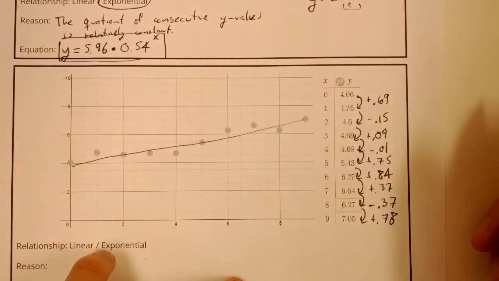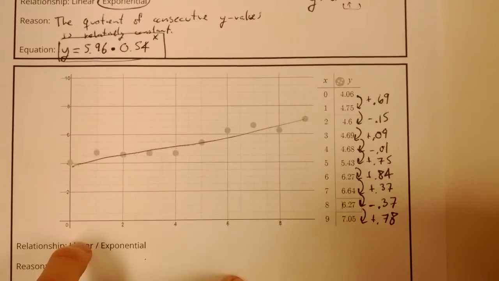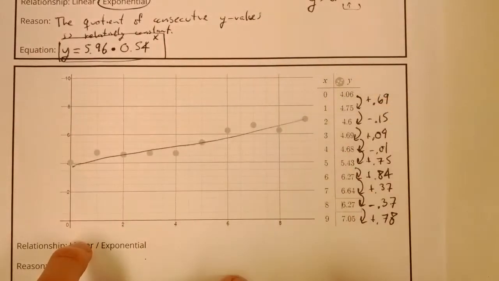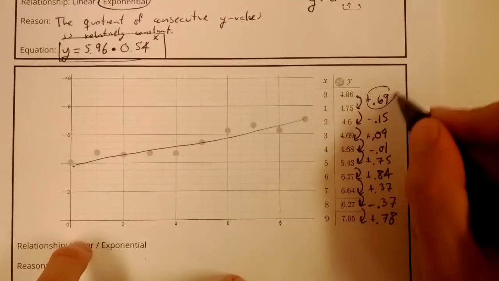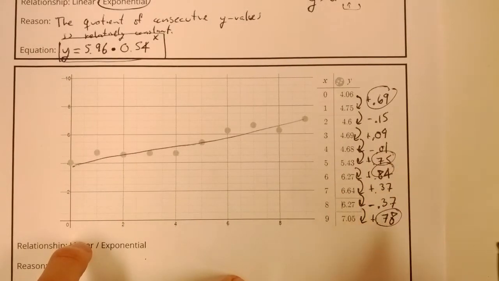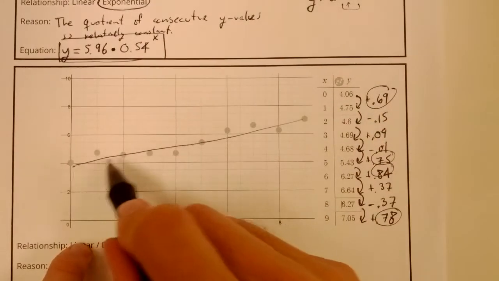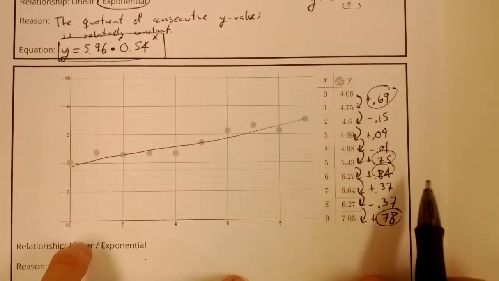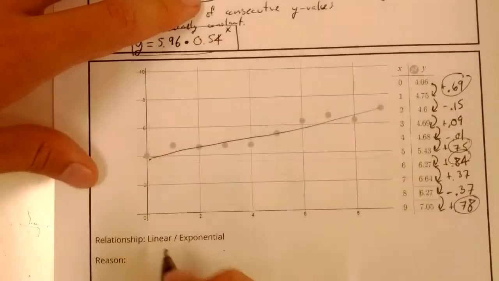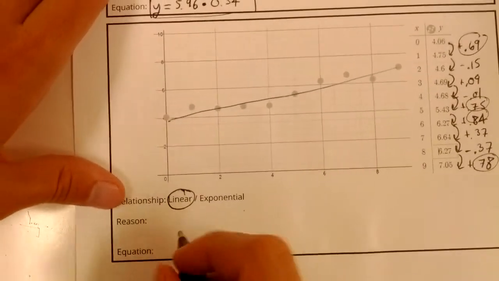certain amount of noise, a certain amount of variation. The question is, overall, do we see a relatively consistent pattern as we increase our x's by 1? And I argue yes. We got 0.69, 0.75, 0.84, 0.78. And we got some lower ones in here, but it seems like it's marching up by about that or so. So I'm going to say that this is a linear relationship because it's not perfect, but